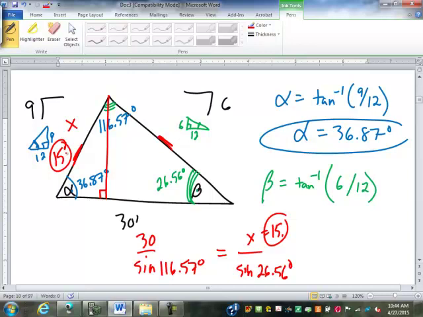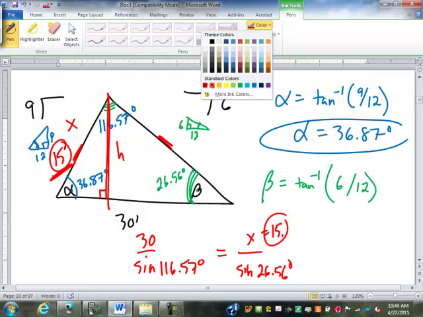30 times the sine of 26.56, make sure you close the parentheses, divided by the sine of 116.57. 14.998. Did it work? Okay. Now that we know that that's 15 feet, now we can find this height here